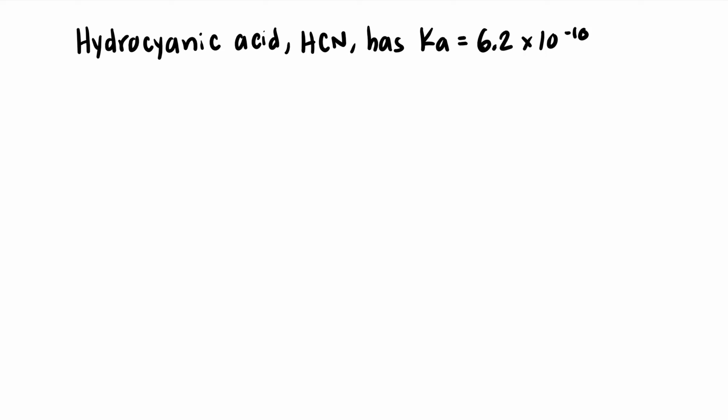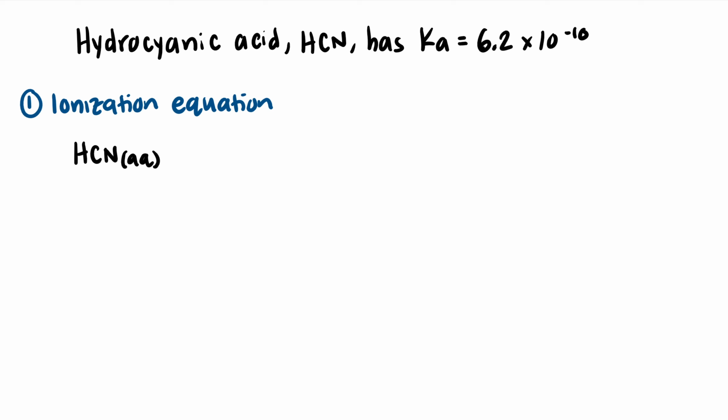All right, given hydrocyanic acid, HCN has a Ka value of 6.2 times 10 to the negative 10. We are first going to write the ionization equation or dissociation equation for hydrocyanic acid. So this means I want to place aqueous hydrocyanic acid in water, and I want to show how it's behaving